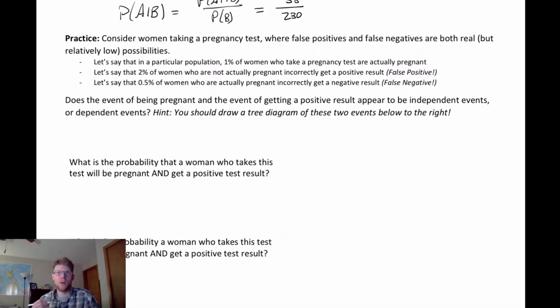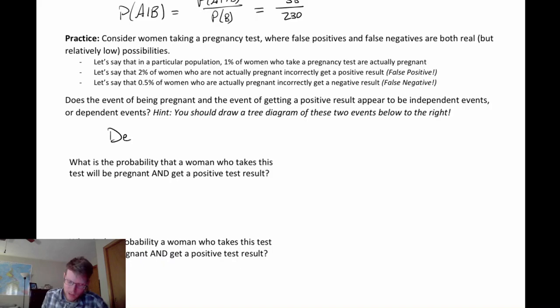So let's think about what a pregnancy test is. If I'm thinking about a pregnancy test result and the likelihood of being pregnant, do I expect those to be independent events or dependent events? Well, if they're independent events, then this is really a useless test, right? So why would somebody take a pregnancy test if it's independent of actually being pregnant? If you think about it logically, you'd realize these should be dependent events,